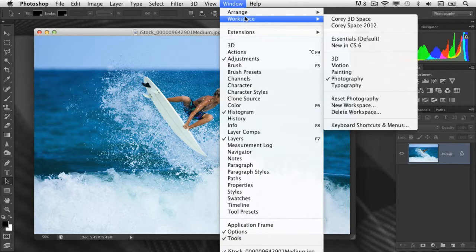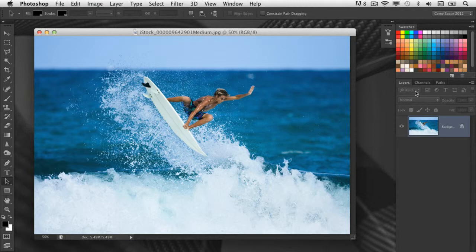Now, there are those preset workspaces. I personally like to create my own workspace because I've developed habits and I know what panels I'm going to use most of the time and which ones I'm only going to use some of the time. So I've actually created my own. You'll notice up here at the very top, I've actually created my own 3D workspace as well as my own general workspace. When I go and select these are the panels I only know that I like and that I